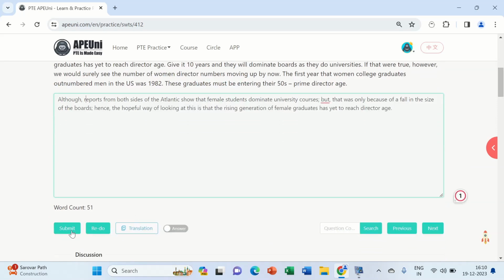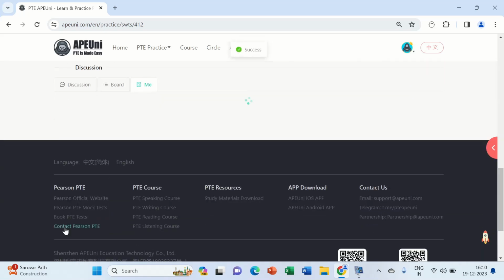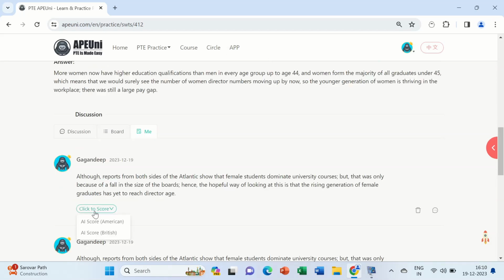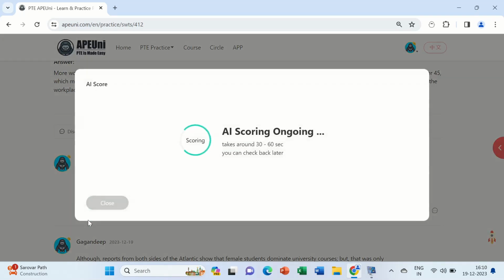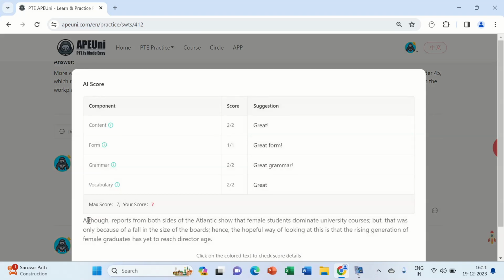So you can submit your answer. So here you can check your points. Maximum score is 7 and your score is 7. App Uni evaluates 2 points in content, 2 points of grammar, 2 points of vocabulary and 1 point of form. So here I get 7 out of 7.